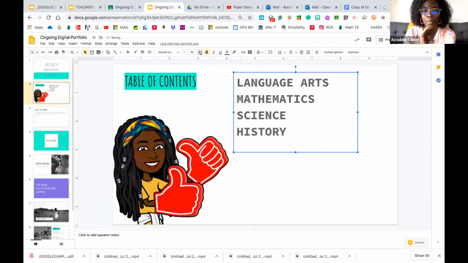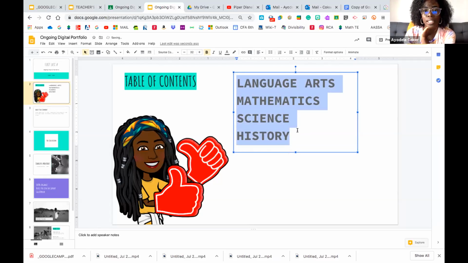Okay. So as you can see, I'm selecting the entire box. You can either select it here on the rim, or you can highlight the words. And I'm just going over here to increasing the font size to make it more appealing and bold, okay, for the audience. These words are gray, which I don't necessarily like. And plus, remember, gray means, for my students, that they need to change it.